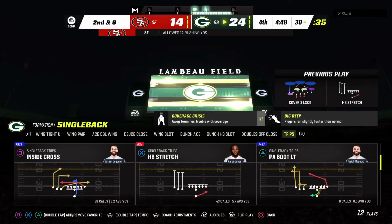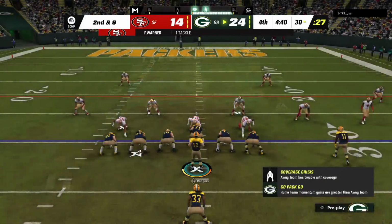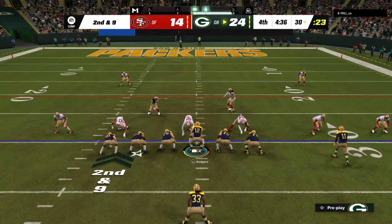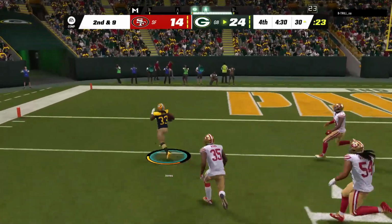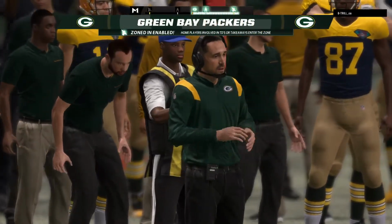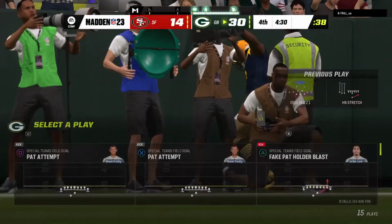Brandon, I've got to think this offensive line has got some smiles on its faces. And I know it sounds crazy, but they practiced for this back in training camp. They knew they'd be in situations where it'd be extra defenders in the box coming after them, trying to keep them from locking down a game. Right now, they want a touchdown, Packers. Aaron Jones, 30 yards. And the Packers are